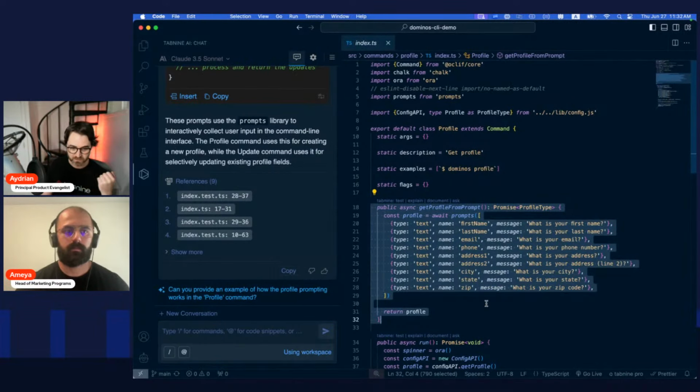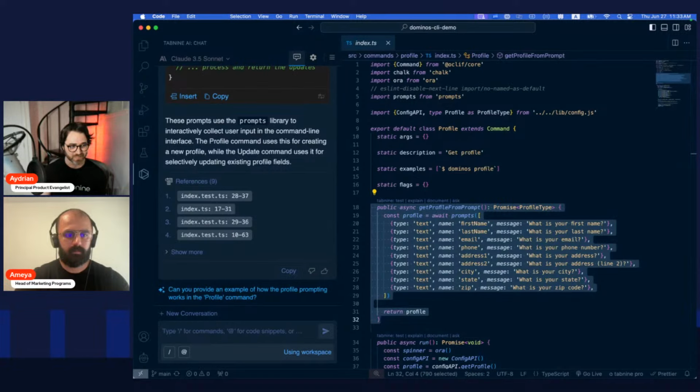So here we go. This is where we're being prompted for the profile. I can look at this and see, oh, there's a lot of text type fields. All right. And here is state, and we can see it is being prompted as text, right? So you can put anything for your state. New York state of mind. You can type out the 2-letter postal code. There's just a lot of room for error here.